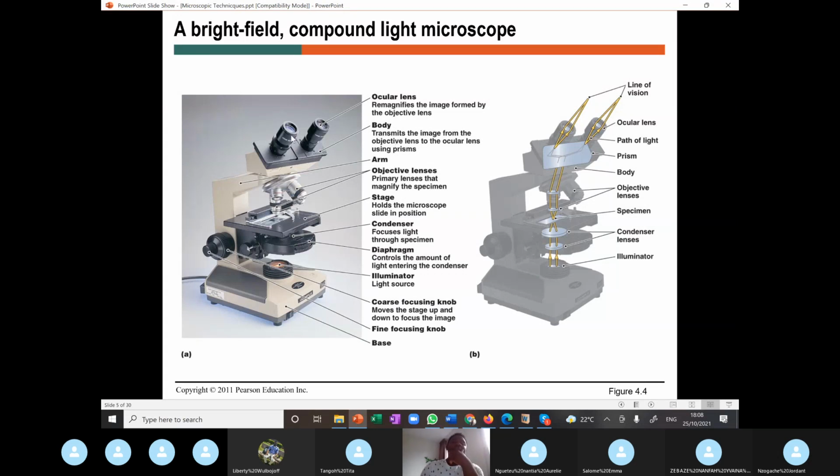The first part that we want to note is what we call the ocular lens. If you can see, there are two of them. This is a binocular. In some cases, we might have just one ocular lens. So if you see one or two, it doesn't change anything. This one is a binocular because it has two ocular lenses where you can place your two eyes to visualize